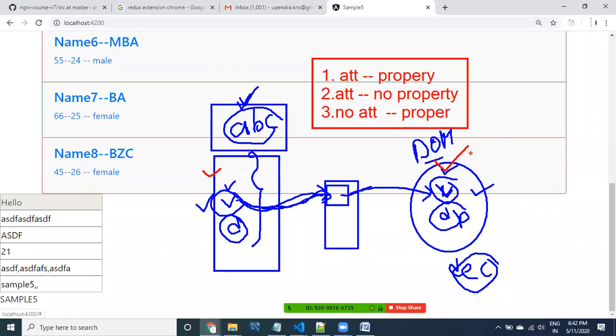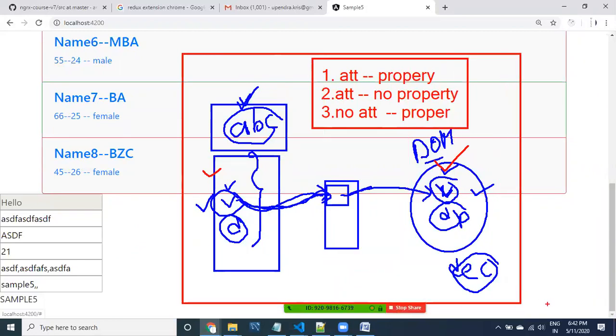So in Angular, we are going to use this concept. Attribute binding is different, property binding is different. So what is an attribute? Attributes are related to HTML elements, and properties are related to the DOM object. A DOM object is created using the HTML element only.